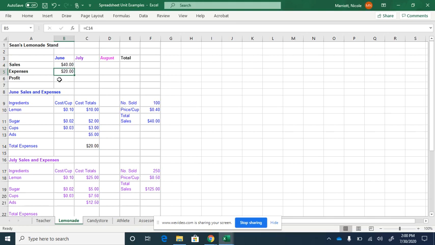Now we need to figure out what his true profit is, the amount of money he's taken in. So we want to take his expenses, the money that he has spent, from his sales. So we're going to take $40 minus 20. And we want that value to appear here next to profit. The formula for that is equal sign, and then B4, and then the hyphen or the minus sign, B5. So now we know we want to take B5 from B4, and when we hit enter, that's how much he